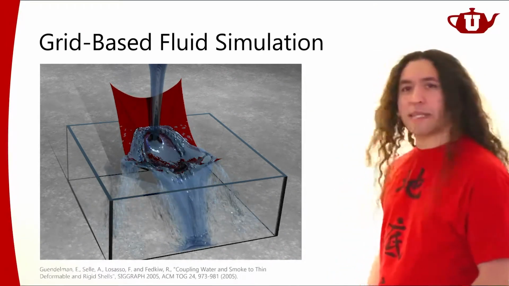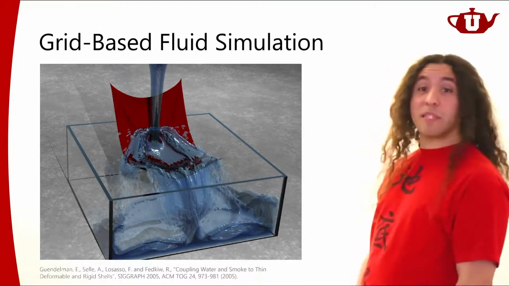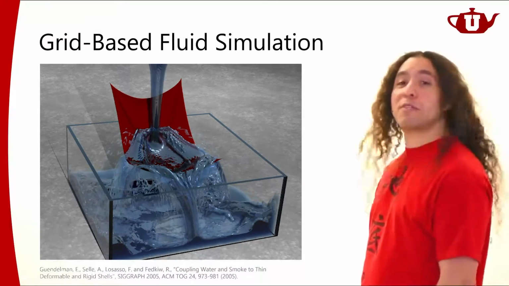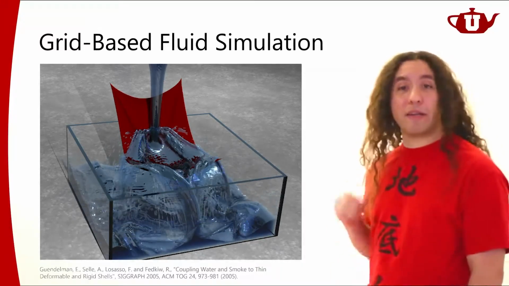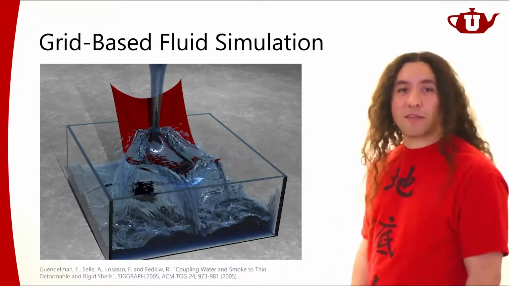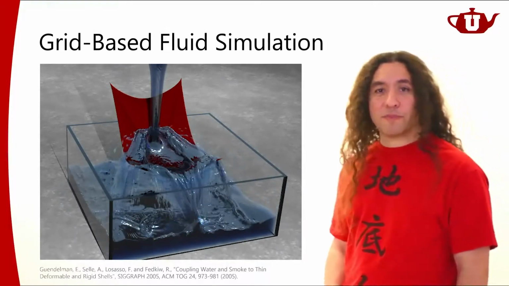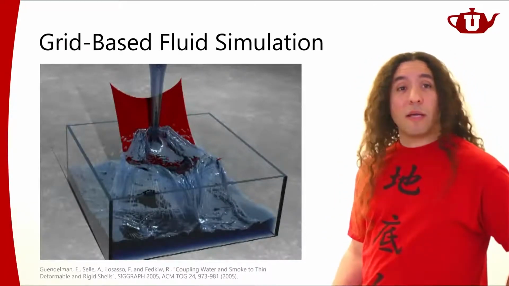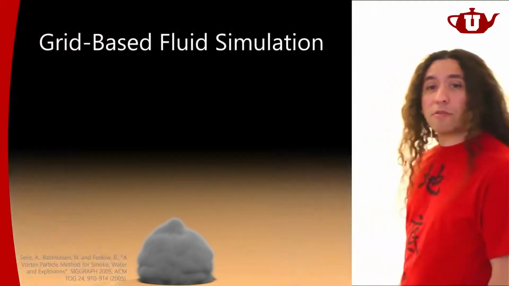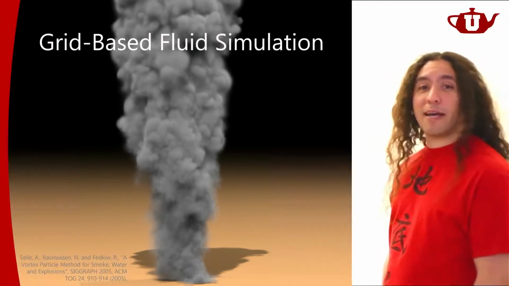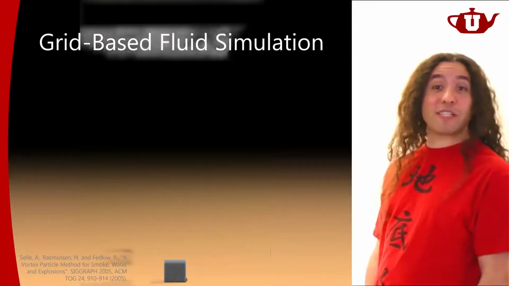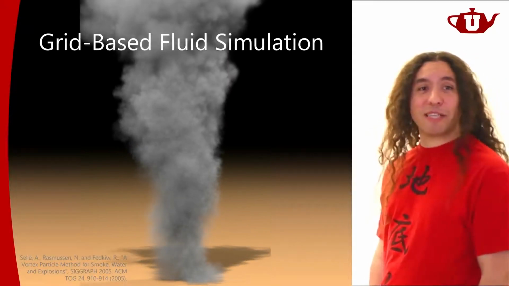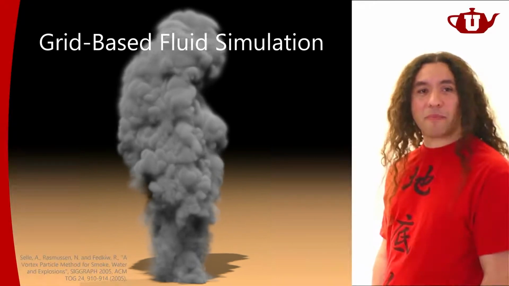Let me show you an example of an Eulerian fluid simulation. It's a relatively old example, but I think it's still a very nice one, as you can see. In this case, we have a grid-based fluid simulation that's interacting with a very thin cloth simulation, so it's generating this interesting fluid motion. Eulerian fluid simulations can be used for liquids, but they can also be used for gases. In this case, it's a smoke simulation, again using a grid-based simulation technique.